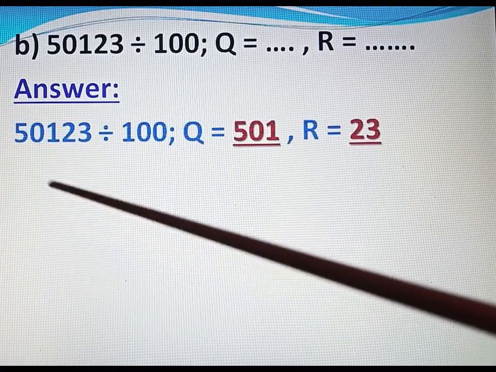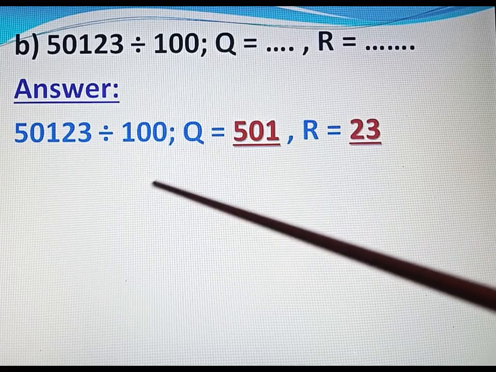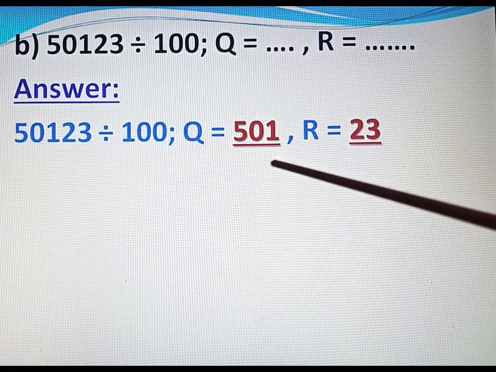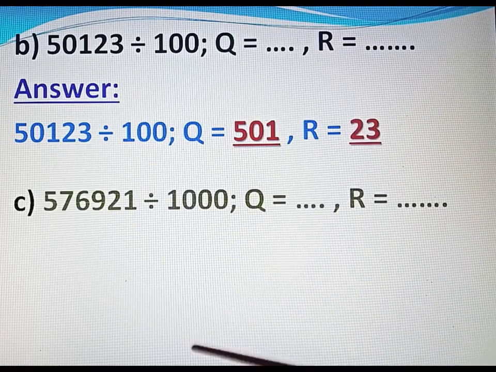Answer: 50,123 divide 100, quotient equal 501, remainder equal 23. C part,